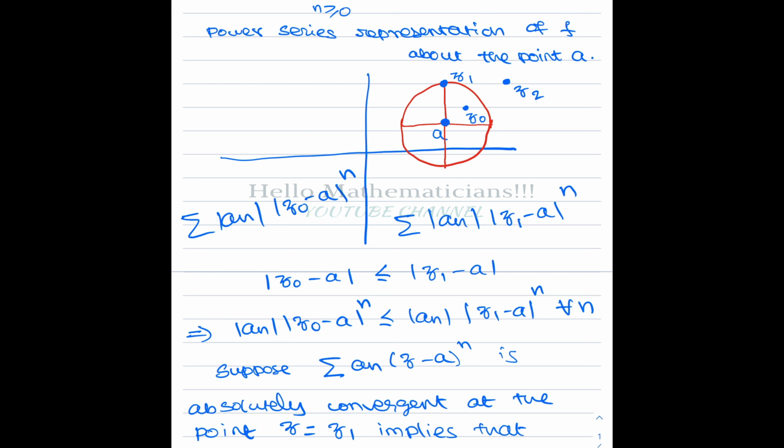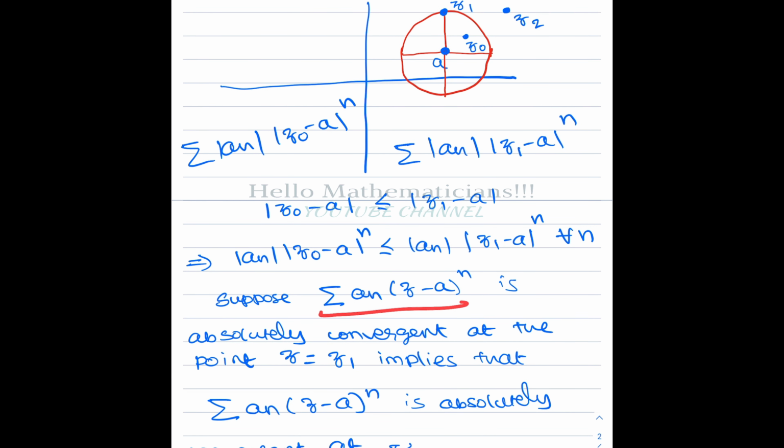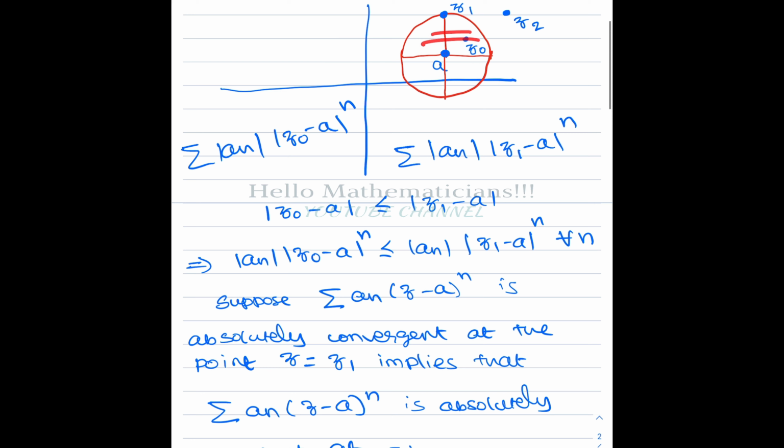We can conclude that if this power series diverges at this point, then outside, you again draw the same disk and you take a point outside the disk. At that point the series will be divergent. If at this point the power series is convergent, then you look inside the disk. If it is divergent, you can consider outside the disk.